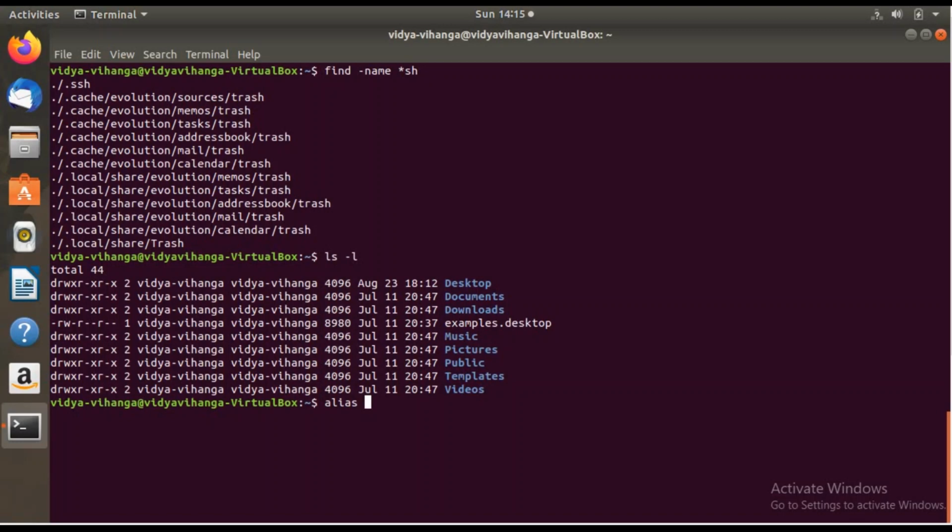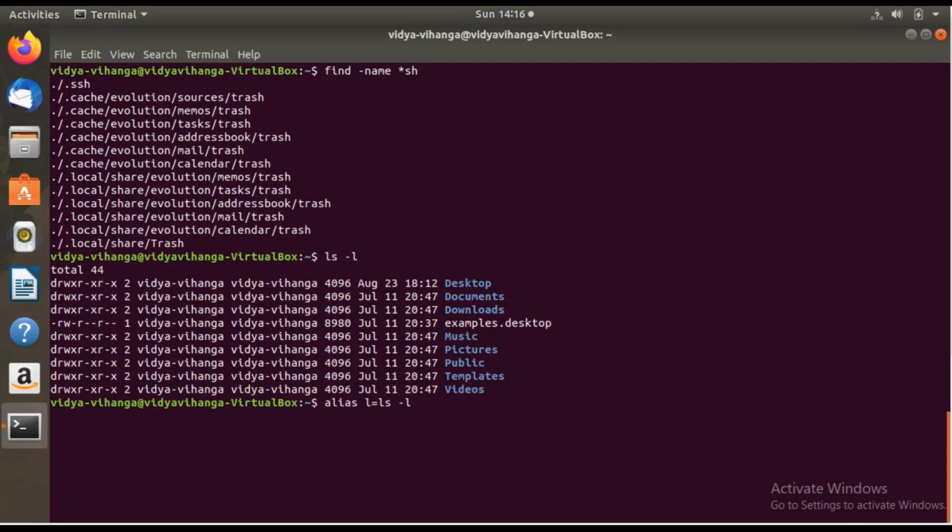To rename it, we have to use the alias command followed by a space and then the letter or word which you want to give in place of ls -l. After that you need to assign the command to the word or variable that you are going to use.